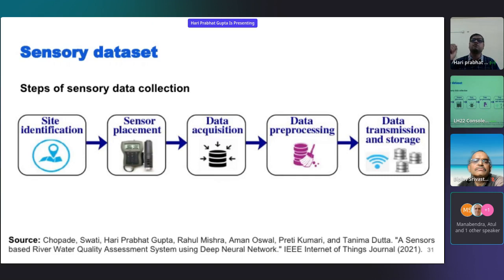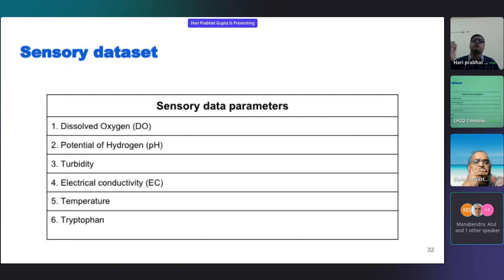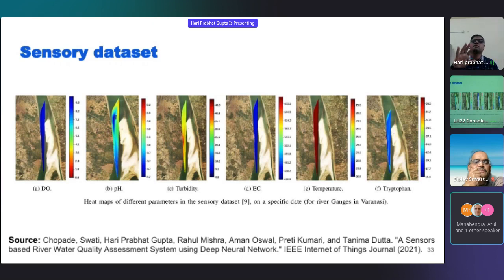For the sensory data, we first identify the location, then place the sensor on the boat, then do data acquisition, collect the data, pre-process it, and of course data transfer and storage come into the picture. Now, what sensory data have we collected? These are some general data: DO, pH level, turbidity, EC, temperature, and thermal. These are the standard sensory data we have collected, and once the collection is done, such heat maps come into the picture. For example, the DO level across this entire region